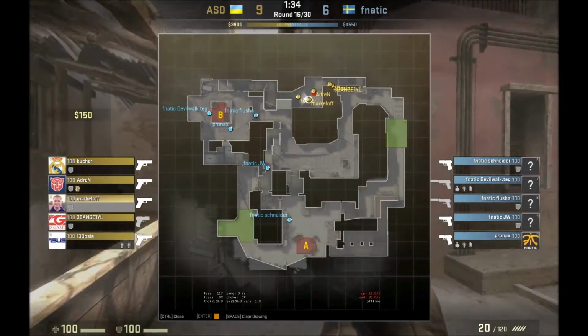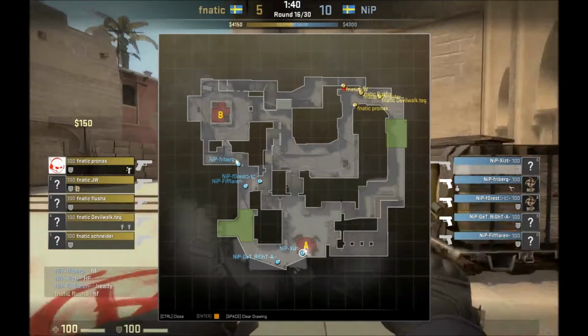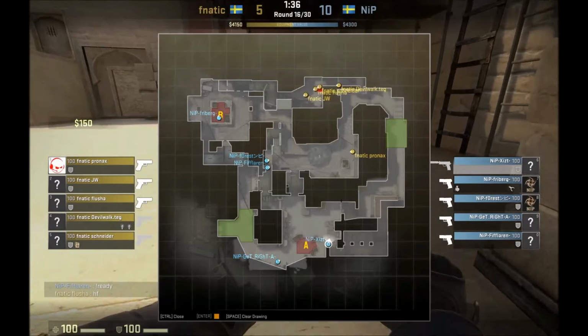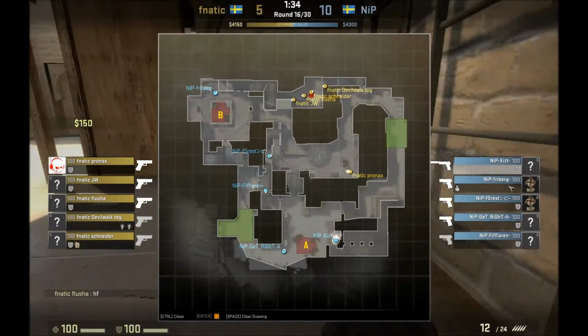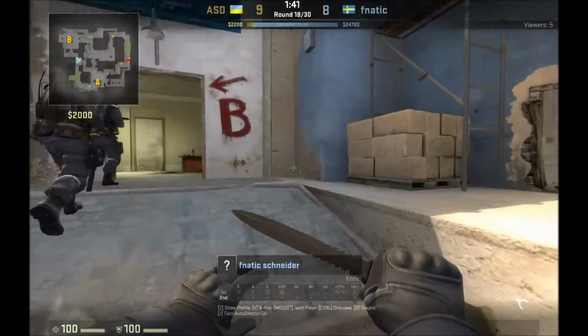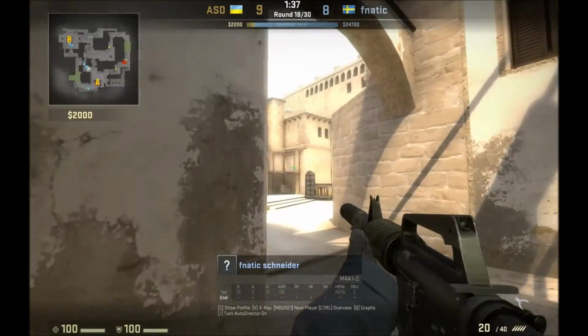They put 3 players in B, 1 spotting window, and just 1 person kind of playing safe A jungle. And then everybody's favorite team, NiP, plays it more stacked towards A. They've got 1 jungle mid and then 2 on A site, just in case. So now we're going to watch Schneider from Fnatic play basically...